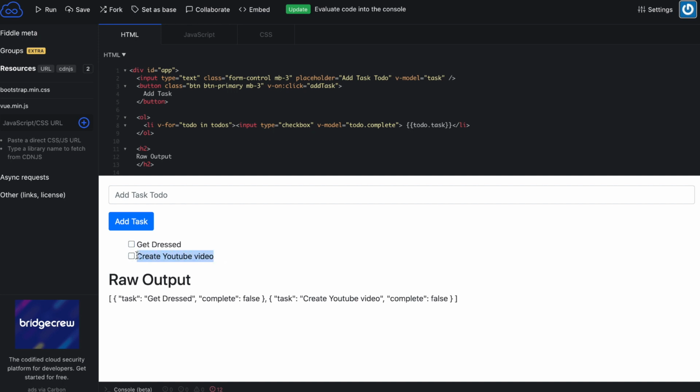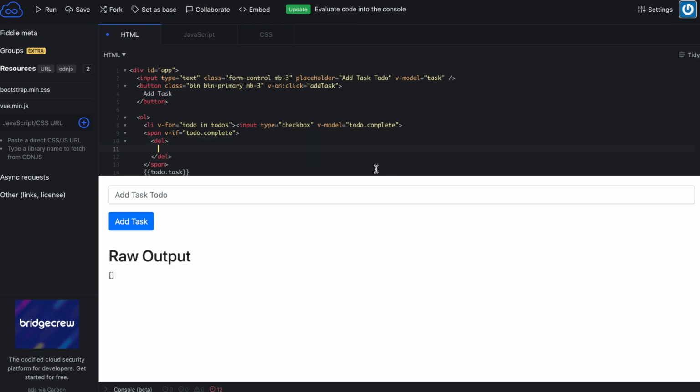Now, one thing that would be much better is not just checking them, but to actually show or display somehow that these have actually been checked off of our list. And so we can use a conditional, and to do that, we can use something called v-if, unsurprisingly it starts with a v, and so we can put that onto a span tag, span v-if, and then we want to say v-if todo.complete. So if we've completed this task,